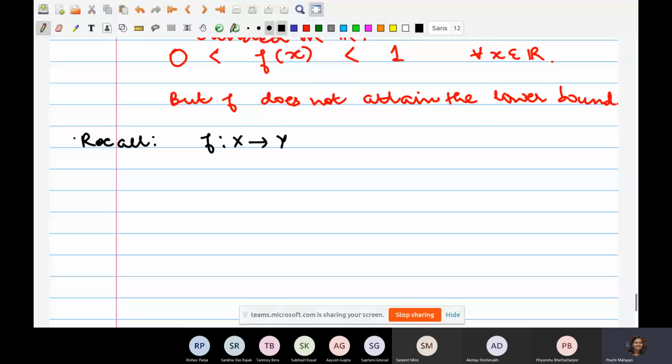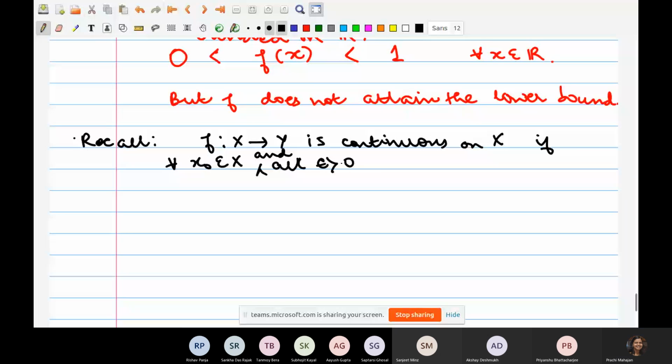So a function between two metric spaces is continuous on X if the following happens. If it's continuous at each point of X, which means that at each point x naught and for every positive epsilon, there is a delta such that whenever